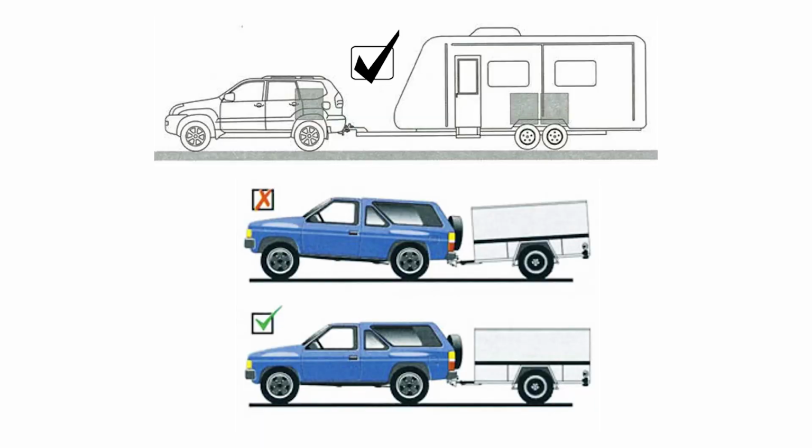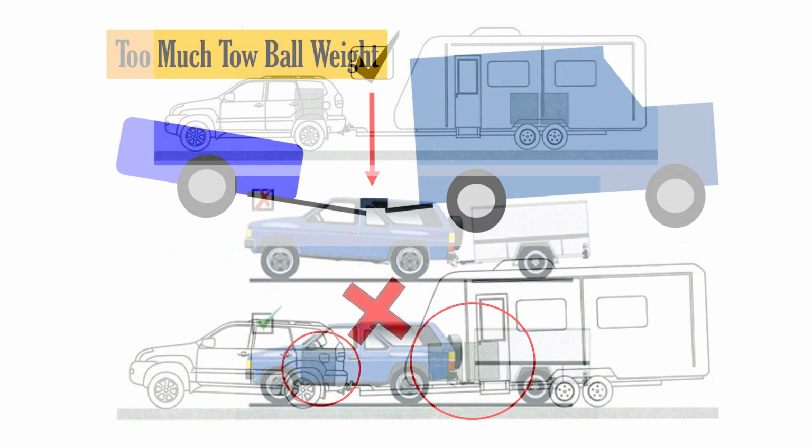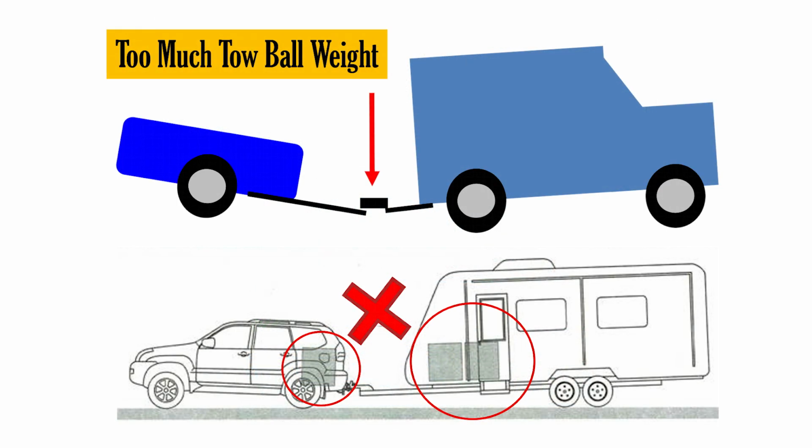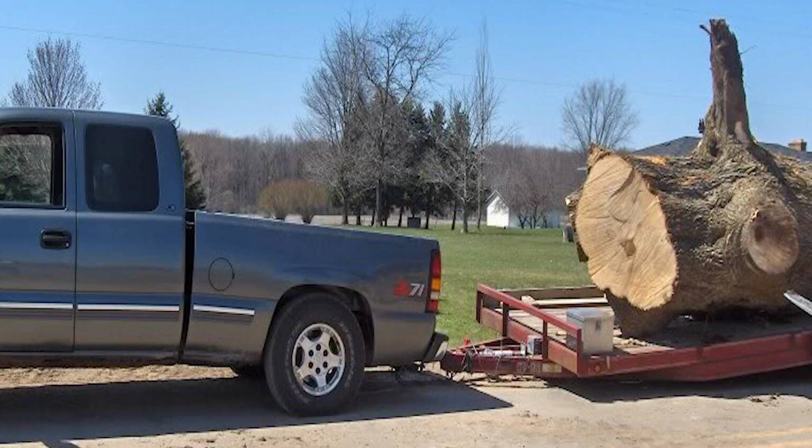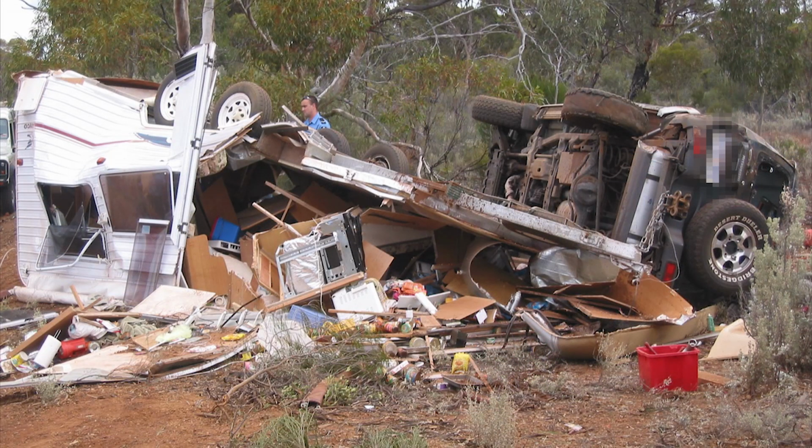The next consideration for trailer stability is to not have too much downwards or upwards pressure on the tow ball. Too much downwards pressure on the tow ball will compress the tow vehicle's rear suspension and lift the front wheels. This creates trailer sway, tyre blowouts from overloading, reduced steering control, reduced braking capability, and points your headlights up from